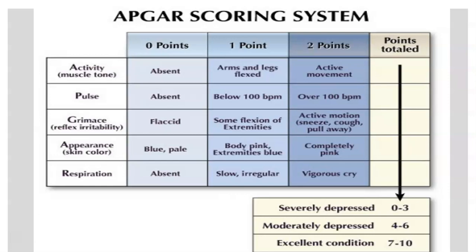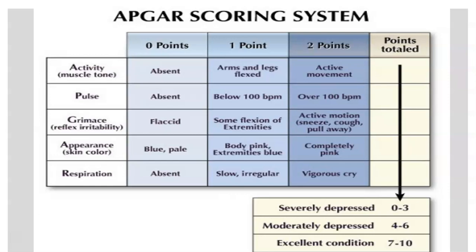So at the bottom of the screen, you see how those scores correlate. So an Apgar 7 to 10 means they're doing really well. They're adjusting well to their environment. No concerns there. As we get to 4 to 6, moderately depressed, meaning maybe they need a little extra stimulation. Maybe you need to rub their feet or be checking a glucose, things like that, to find out why they are not as responsive as you'd like.